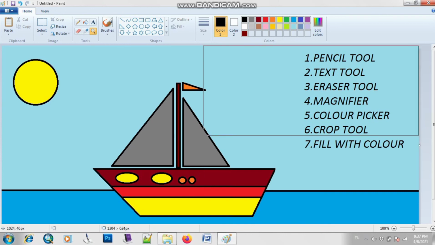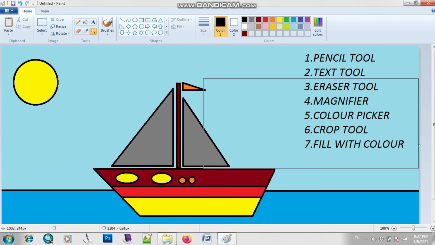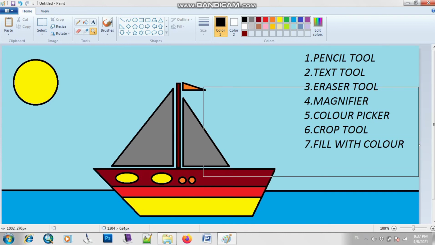So after that we have crop tool. So now what is the use of crop tool? Crop tool का क्या use है? Hafsa, can you tell me? Right, crop tool is basically used if you want to cut your image. अगर आपने अपनी image को cut करना है, then you can do this with the help of crop tool.